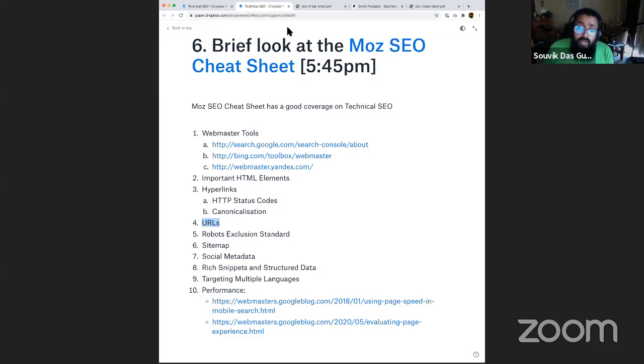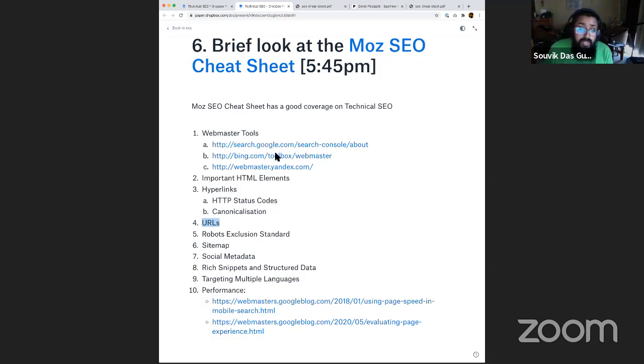You want to make sure that someone who's reading the website URL is able to make sense of the entire URL itself, and that it communicates a meaning. Look at this particular URL of the search console itself: search.google.com/search-console/about, almost telling you that when you click on this link, you're going to get into an about page of the search console, or at least that's what it tells me, and it's a clean, readable URL. That's what you want it to be.